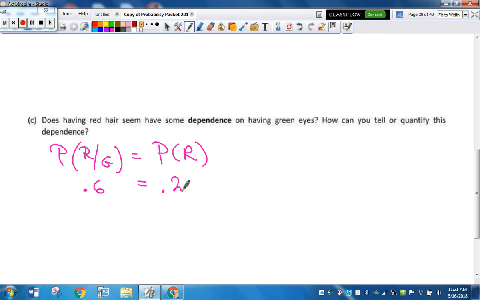You guys understand what they're saying to you here? So these are not independent events. Seems like there's some kind of connection here. This is approximately 60%. These are not equal, 20%. Okay, so does that quantify it? So you might write something like